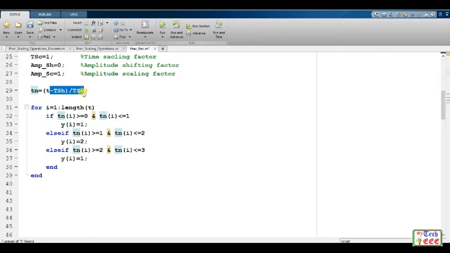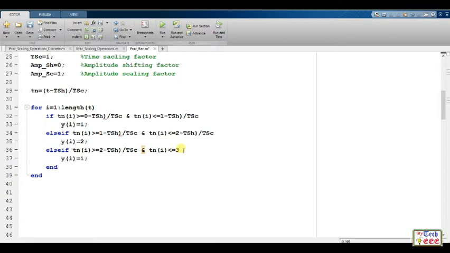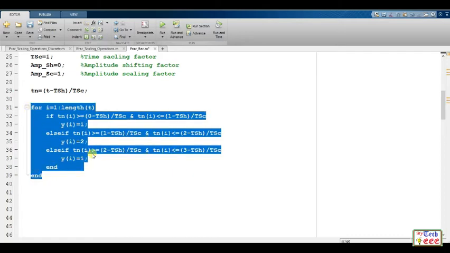So let's copy this. That's it. Now we have completely performed the time scaling and time shifting operations on the signal.